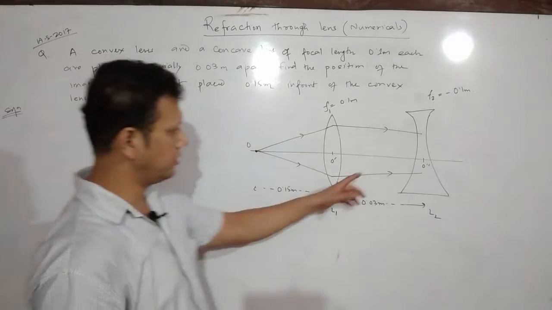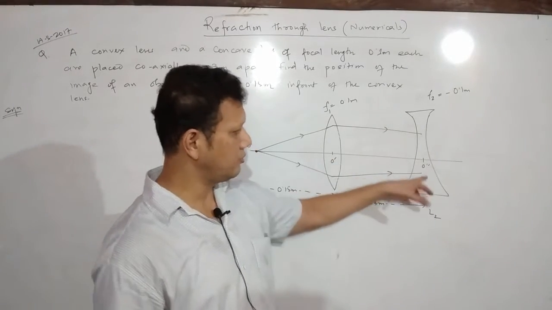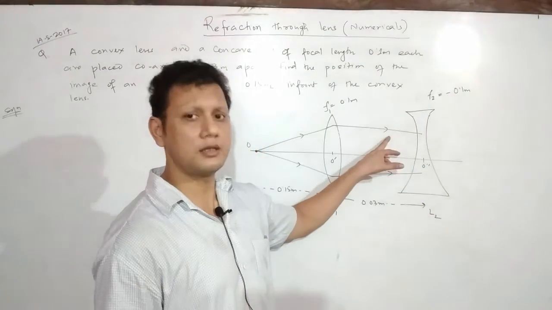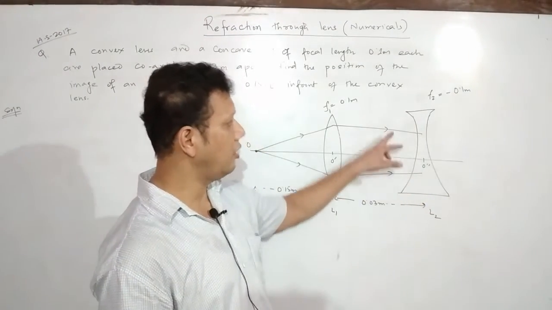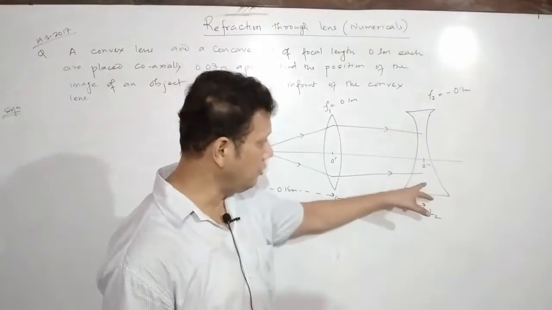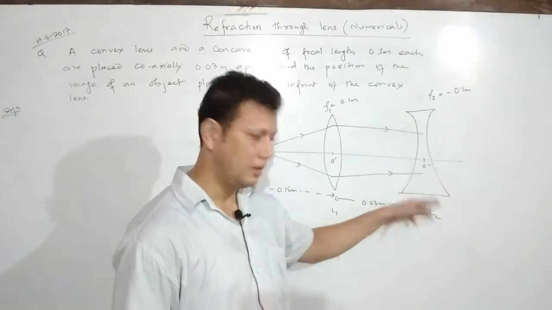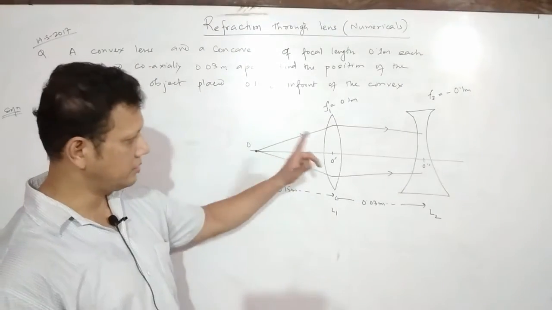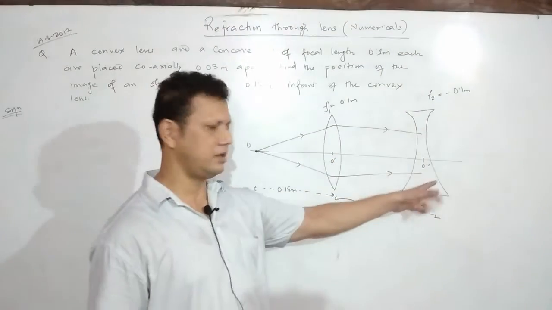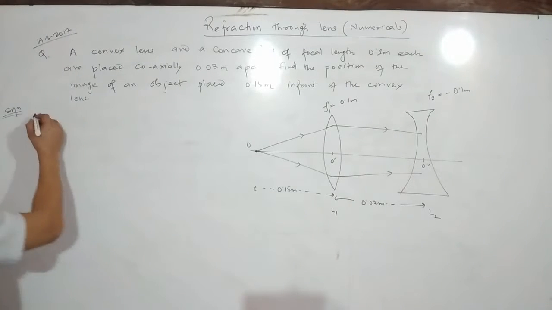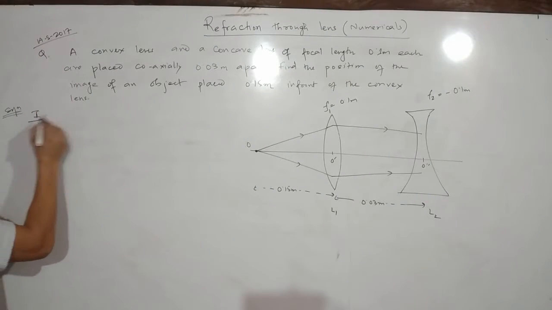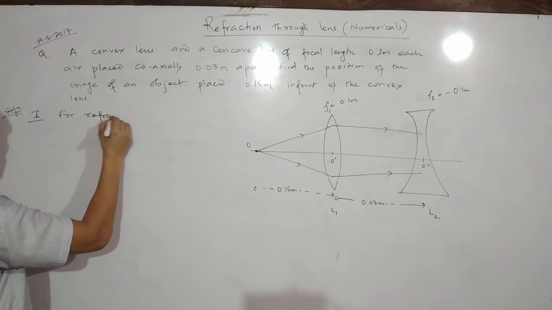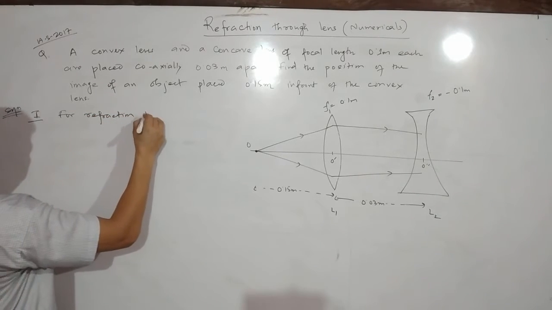So কেটা ৰিফ্ৰাকচন হ'ব? দুটা। গতিকে এই দুটা গৈ ইয়াত সোমাবগে, so for this lens these two are the incident ray. এই লেন্সখনৰ বাবে এই দুটা আপতিত ৰশ্মি। So how many refraction will be taking place? Two: one due to the convex and the other due to the concave. So first of all, for refraction through